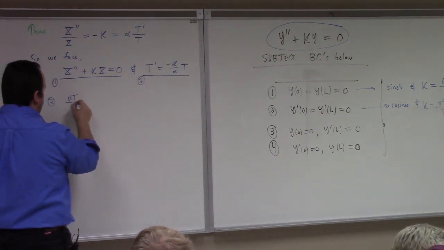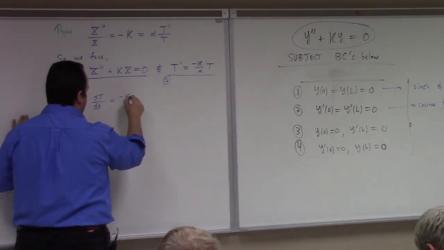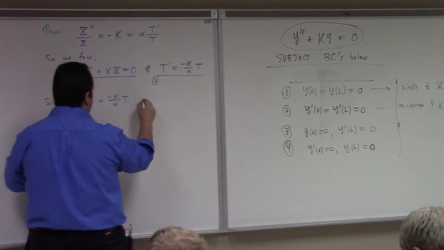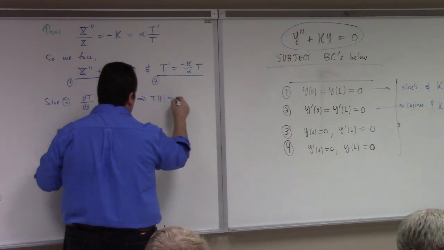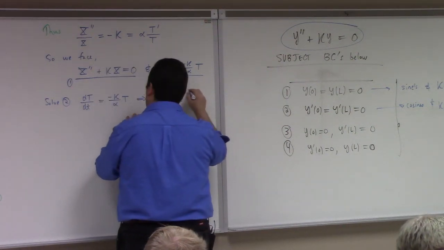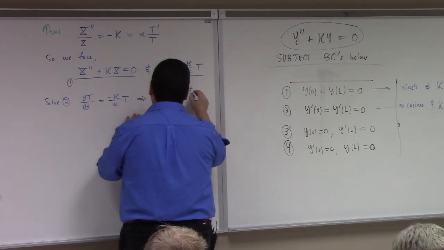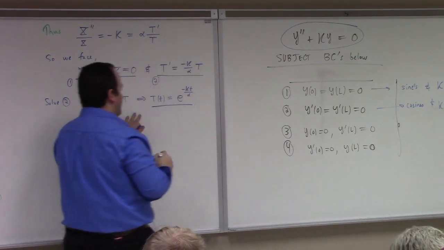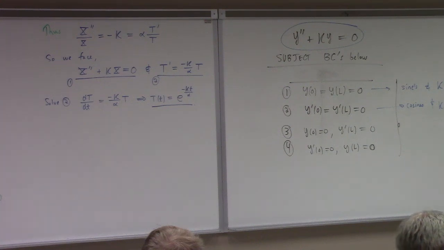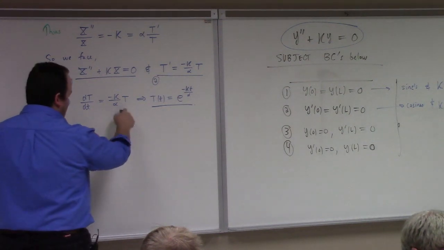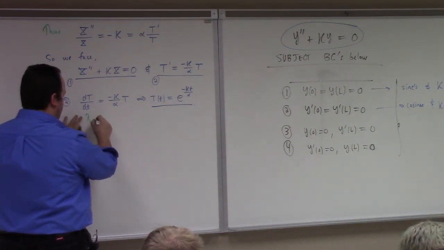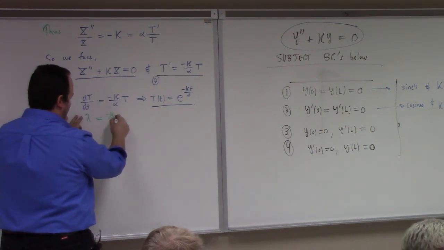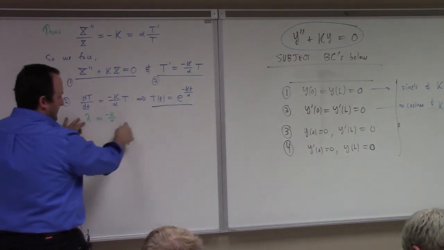That's dt equals minus k over alpha t. What's that half solution? That half solution t of t is equal to e to the minus k times little t over alpha. That's a constant coefficient first order differential equation. Look, guys, if you don't see what I just did, all I did was, what's the characteristic equation here? It's lambda equals minus k over alpha. Game over. The solution is this,